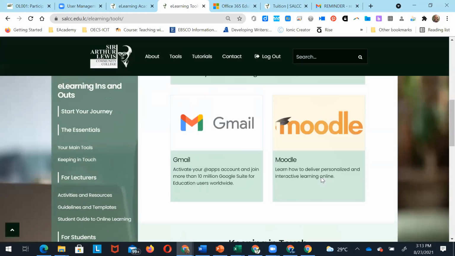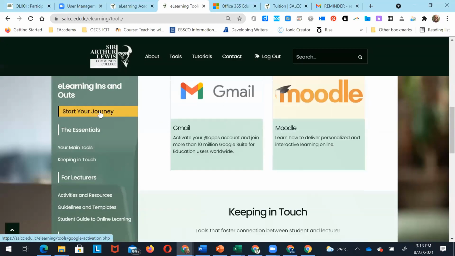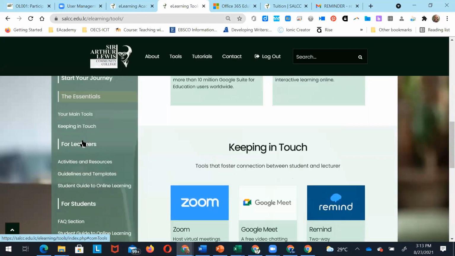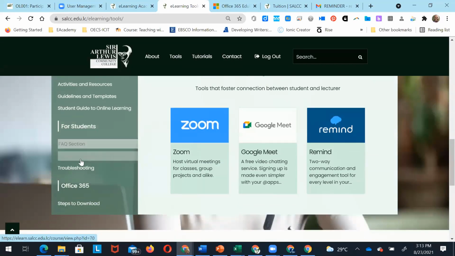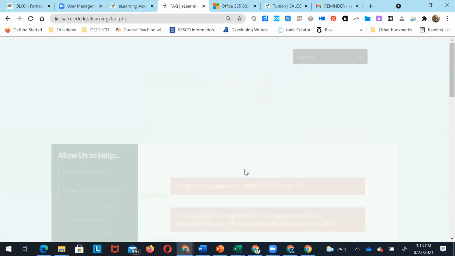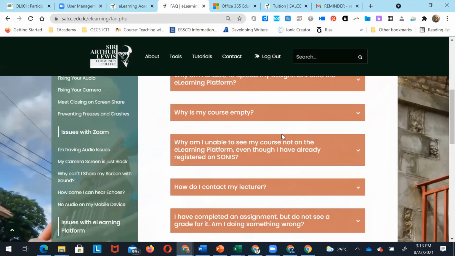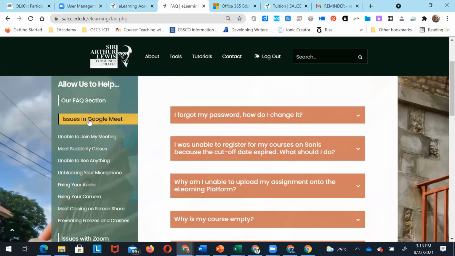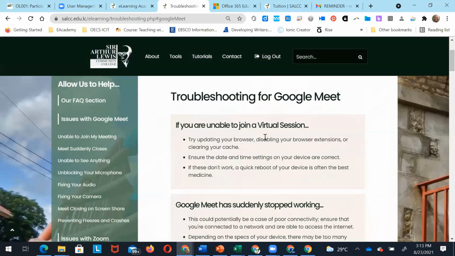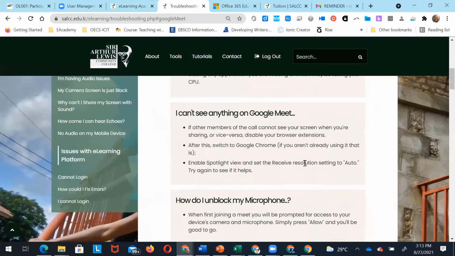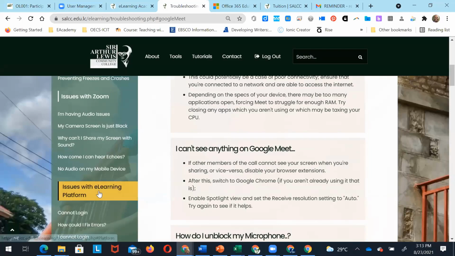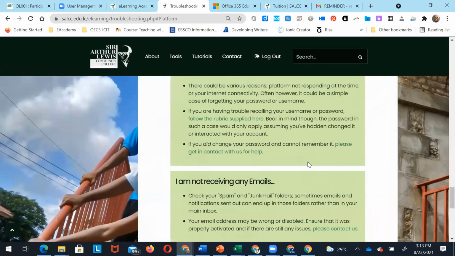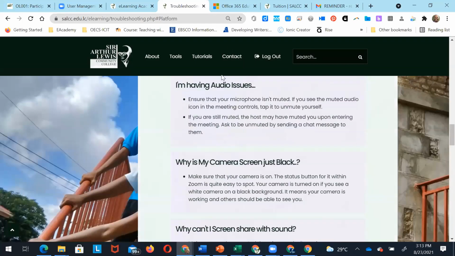If you look to the left of the page, notice there are some links for students. There's our FAQ section, which answers some of the frequently asked questions. There are also links to troubleshooting tips for Google Meet, for instance, and other tools for if you're having issues with the eLearning platform. Let me just go back home. You also have